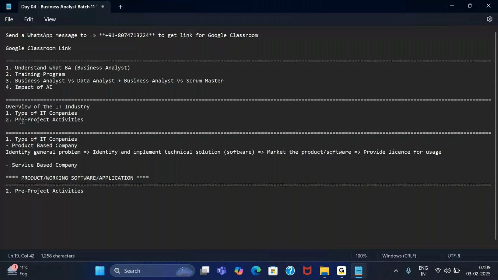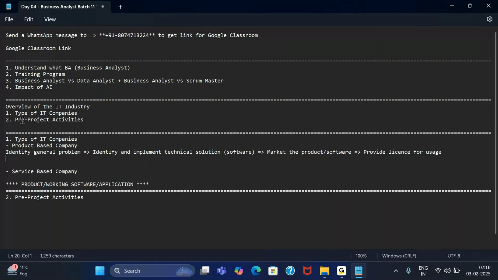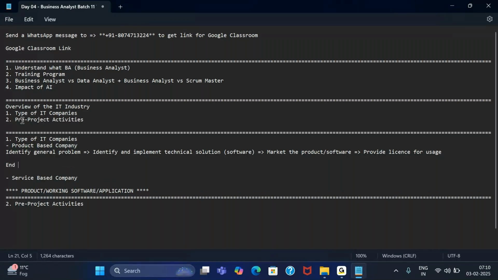Once you have a product, you start marketing it so that more and more people are aware of it. Once people are aware, it becomes easier for you to sell your product. The way to sell the product is by providing licenses to people for using it. Now, in a product based company, your end users could be other organizations, which we refer to as B2B models,